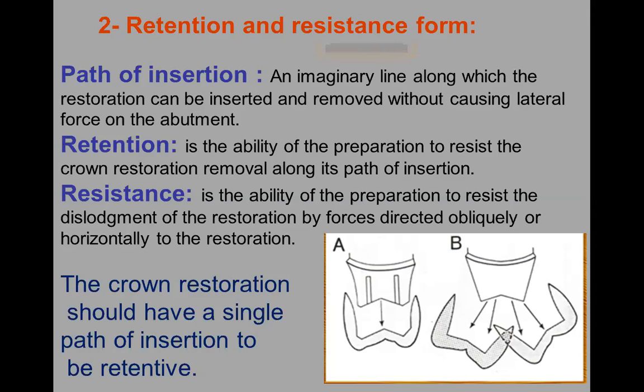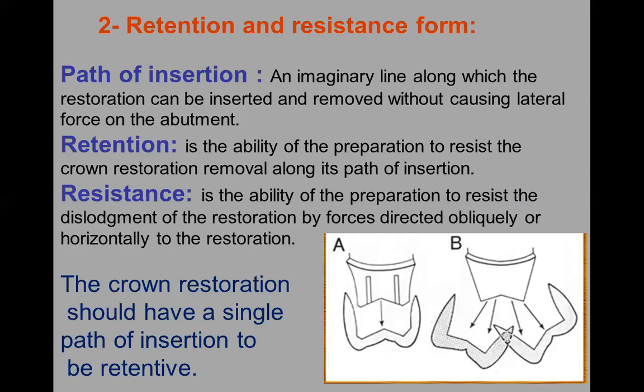But if the restoration can be removed from another direction rather than the path of insertion, like in part B, where the preparation is prepared in such a way that you can remove the restoration from many directions, so it has no